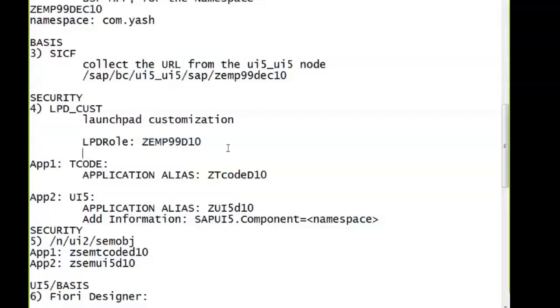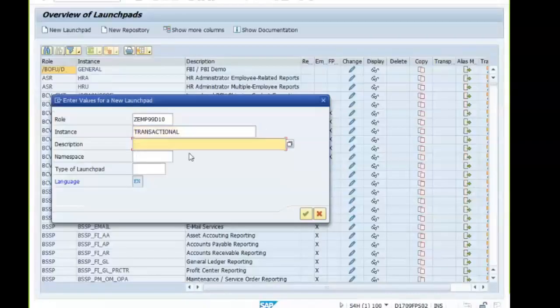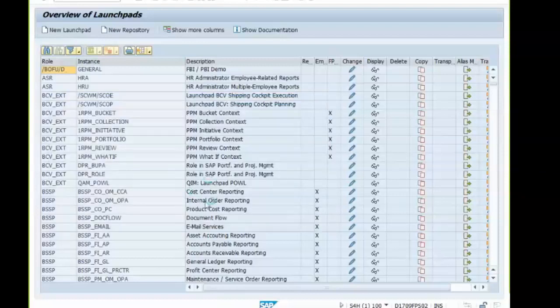Transactional, description, LPD for CPAP99. The namespace, you can use it.